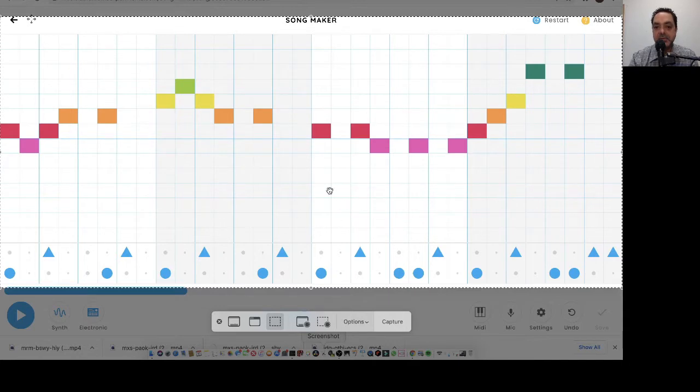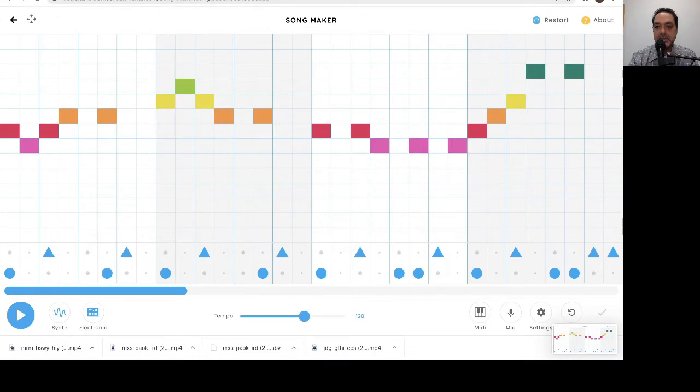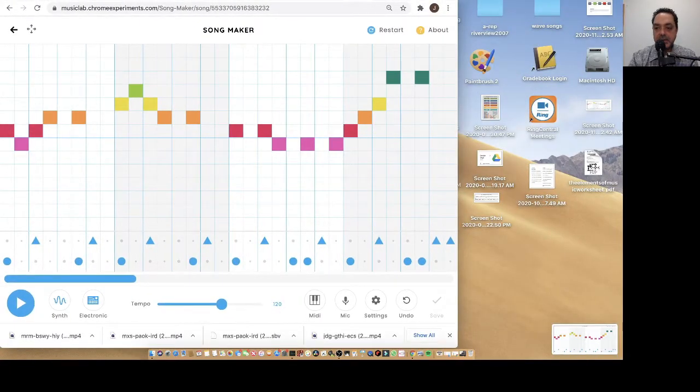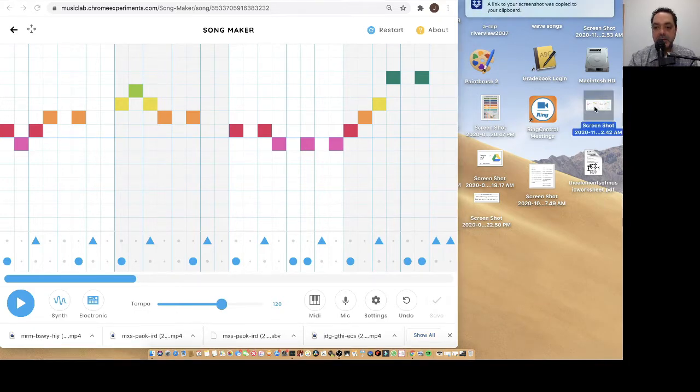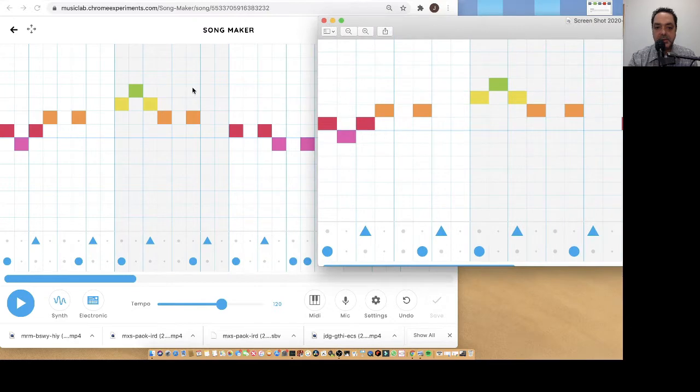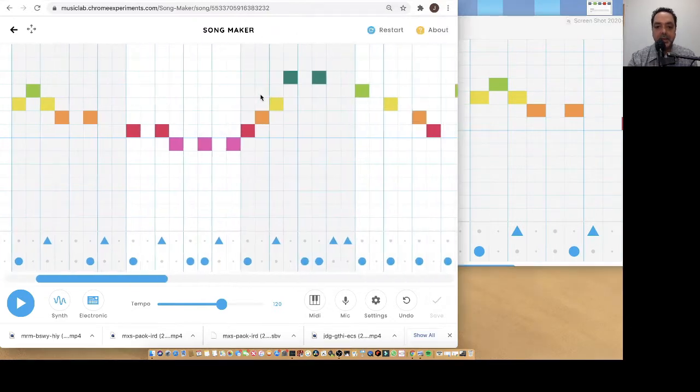Just Google it. I'm taking a screenshot, and then find it, whatever it is. Mine should be here. See, it's coming. So I'm gonna make a double window